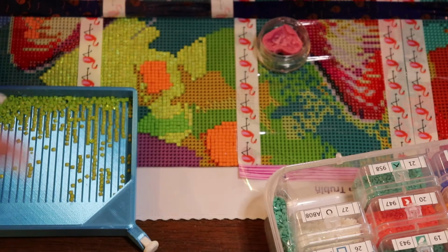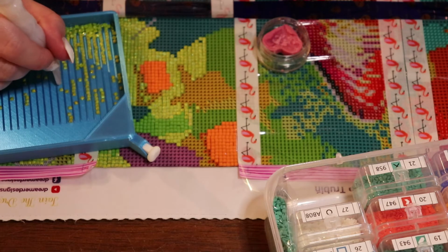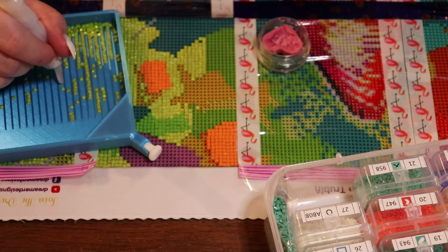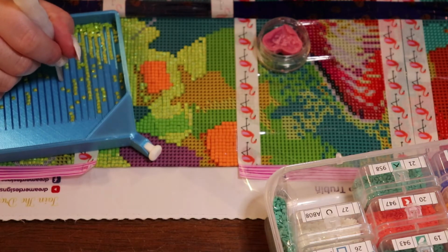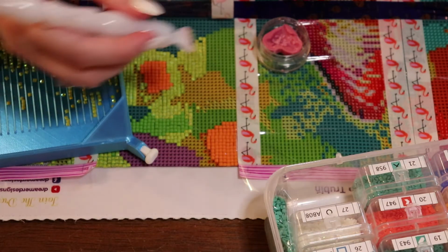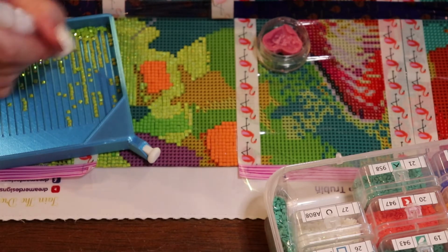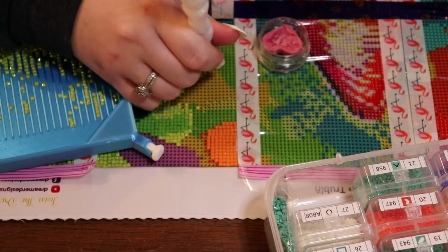I kind of got that more for my fiance, because when I showed him that, he said he liked it and that I should get it. I don't know why. I don't know where it's gonna go. Honestly, I don't know where any of these are gonna go. I'm looking into